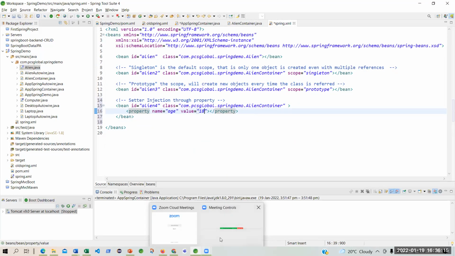Is it clear? Yes, no, sir, I'm not clear, sir. Why? No, that is not the question. Again and again, Anirban, I'm saying. Yes, sir, I'm asking about setter injection and property. I have not understood properly. No, you are asking the same question in a different way. I will not accept that question. You have to explain your question.